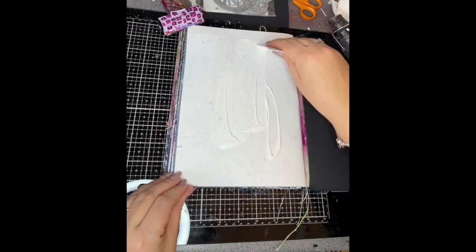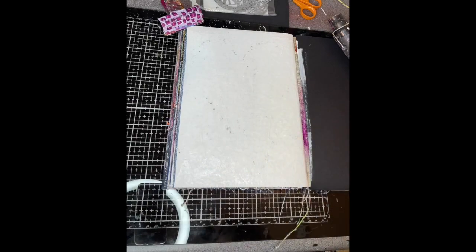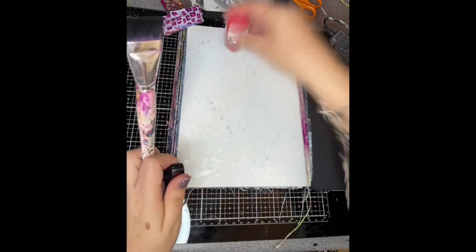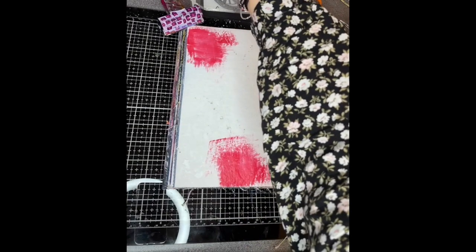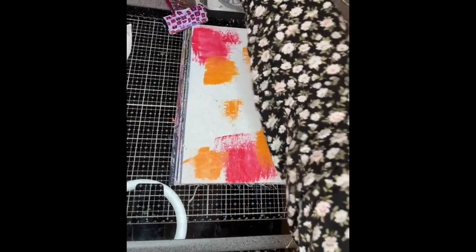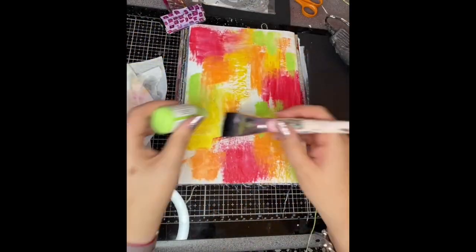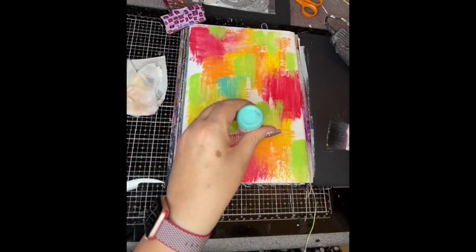So today I am going to be using the die cut that came in the Advent calendar. I'm starting off adding some gesso to my page, and once that's dry I'm then going to go in with my rainbow colours. The first pass is just getting those colours down, not really drying them in between. In some places, because some of the gesso is still a little bit damp, the colours do go a little bit pale, but once I'd got all the colours down I then dried it really well,